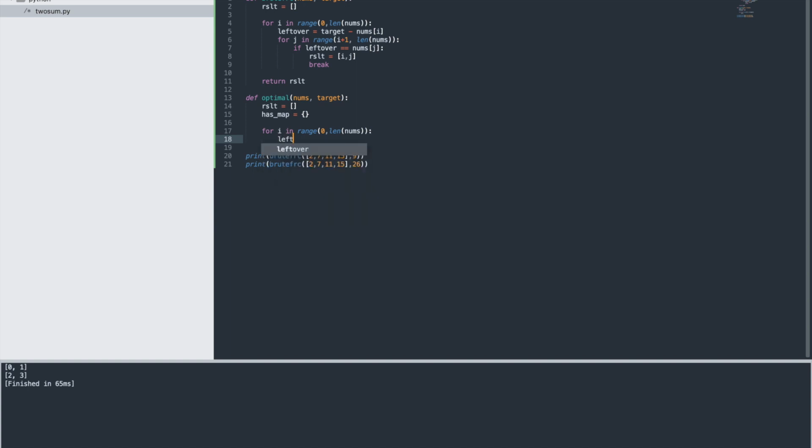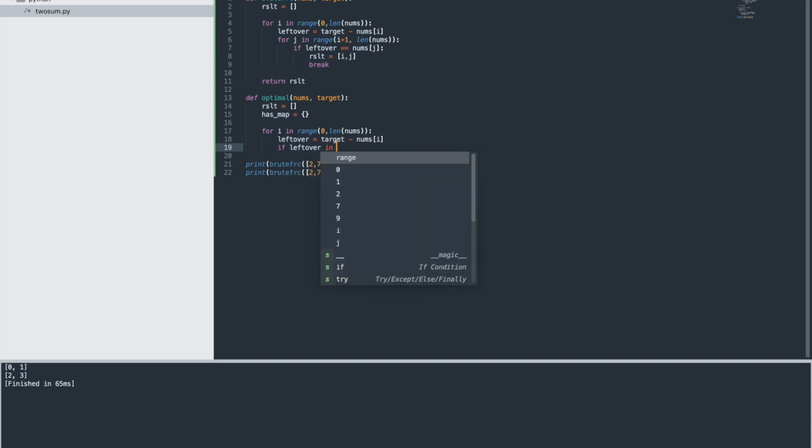Then we will take the leftover, and that we will do by target minus nums of i. Okay, so once we have the leftover, we will check if leftover in hash map,